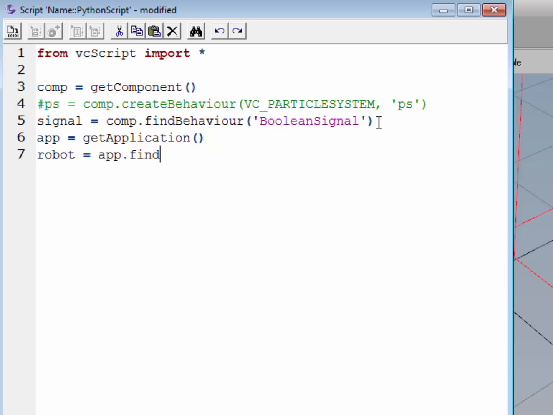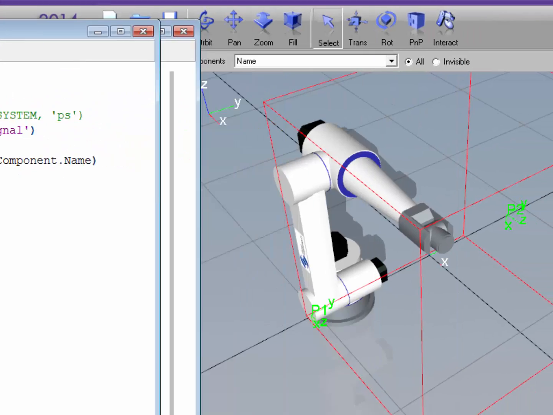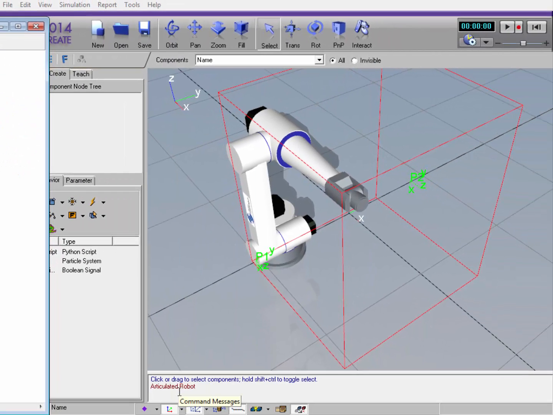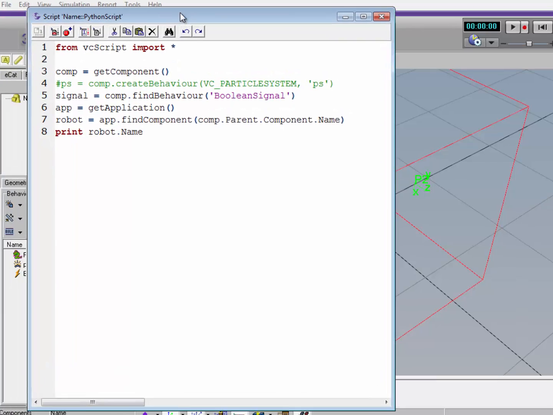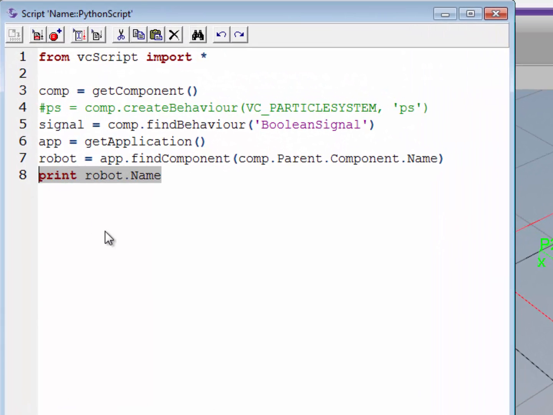So app.findComponent. And instead of getting the robot's name, I'll do it a different way. I'll say comp.parent. Since the particle system component is parented to a node in the robot, I'll use the parent property, and from that node I'll get the component owner dot name. So if I actually print robot.name now, you can see I get the name right here in the message panel for articulated robot. So now I can get the statistics behavior in the robot. So let me do that now. So statistics equals robot.findBehavior